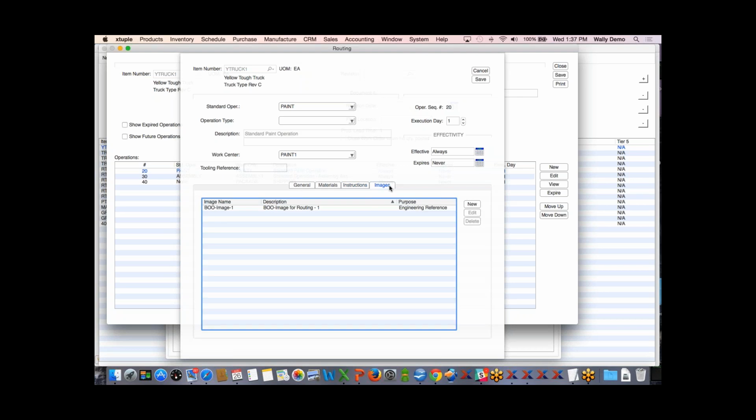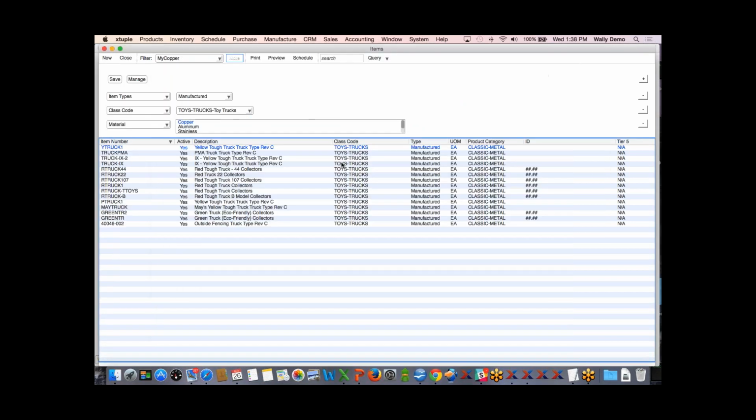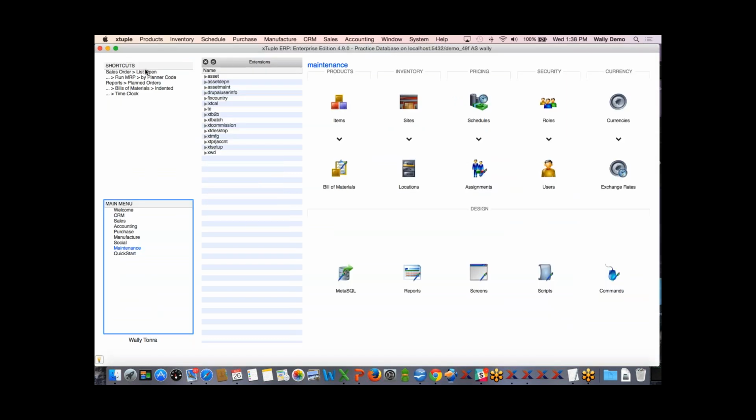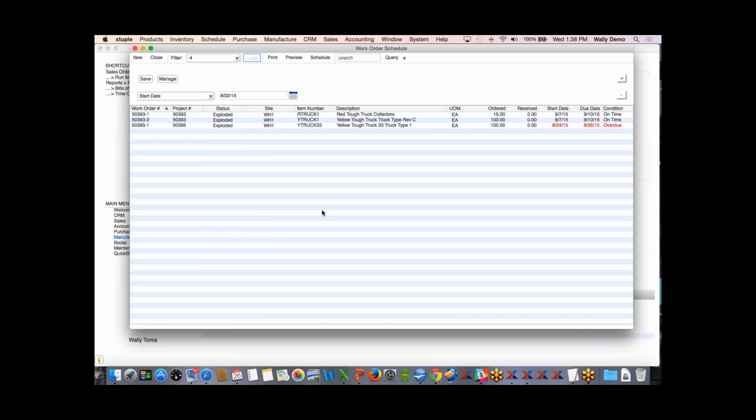We can even have images, so if there's a little instructive picture or image that might go along with it, or even a reduced drawing or something like that that you want to go along with this particular step, you can provide that at each step in the operation. So let's take a look at what one might look like if we were going to report against that. If we go over to manufacturing here and bring up the manufacturing schedule,